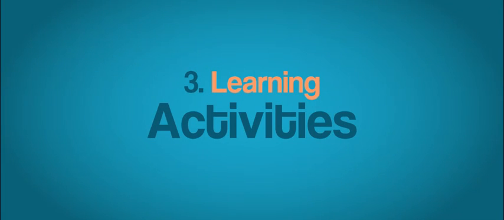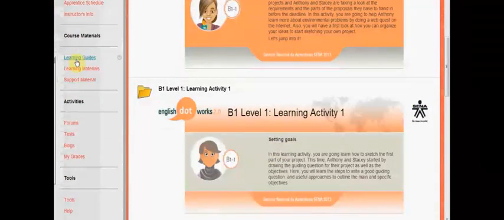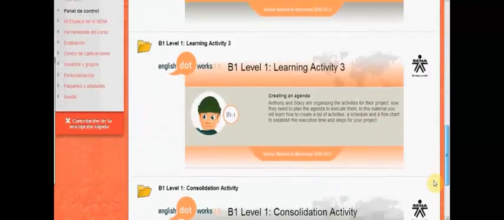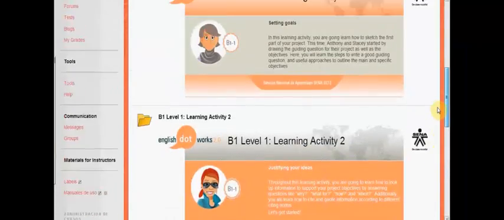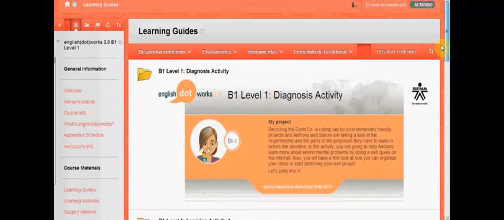3. Learning activities. In the principal interface of the platform, find and click on the button Learning Guides. This button will take you to a set of folders corresponding to each learning activity. In turn, within each folder, you can find the link to the multimedia versions of the guides. Select the HTML version. In English That Works, you can always find 3 kinds of activities: diagnosis activity, learning activity,